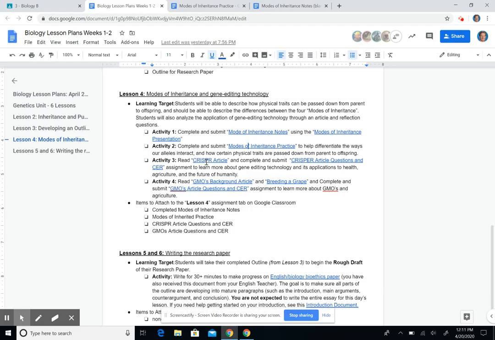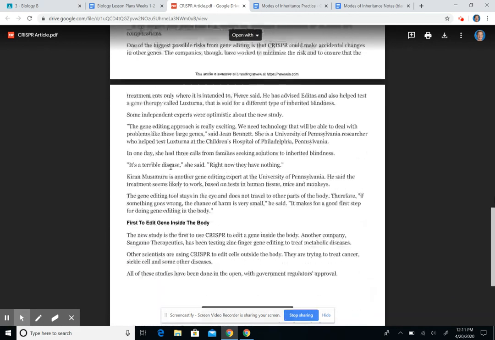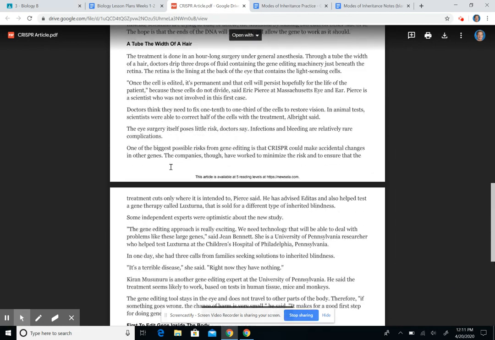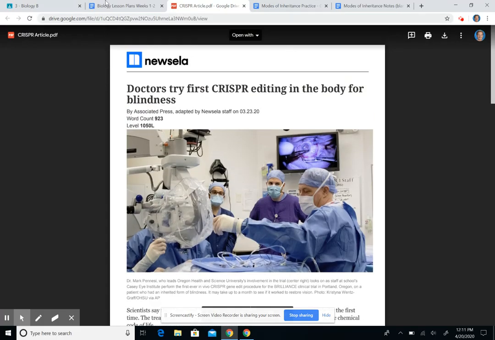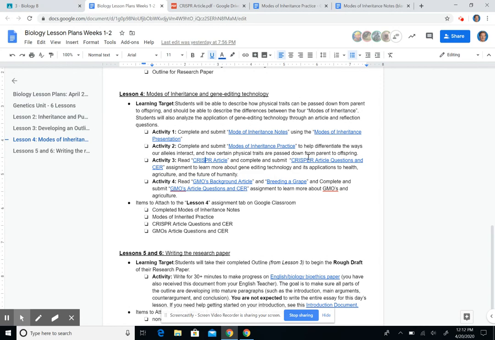So as a little bit of background information, we've put together an article on a gene editing technology called CRISPR. This stuff is wild. I encourage you to look up, right? Just YouTube CRISPR, and you'll find some pretty wild stories. But if you guys want to read through that and complete the CRISPR article questions and claim, evidence, and reasoning assignment, okay,